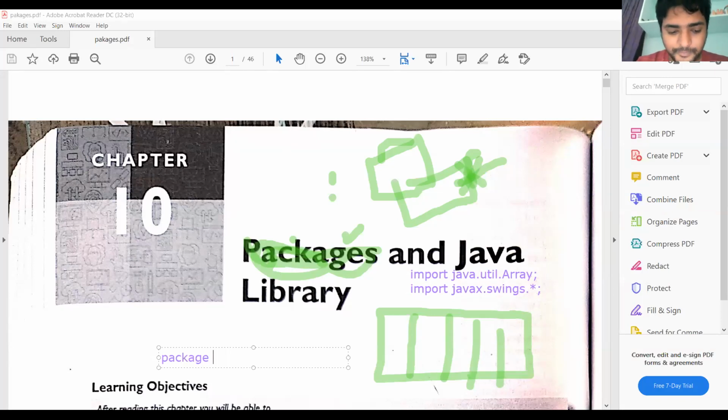We should not use capital letters or camel case. For example, sierra.it is the package name, ending with a semicolon. This is the definition of the package. If you want to create your own package, you have to follow this syntax.